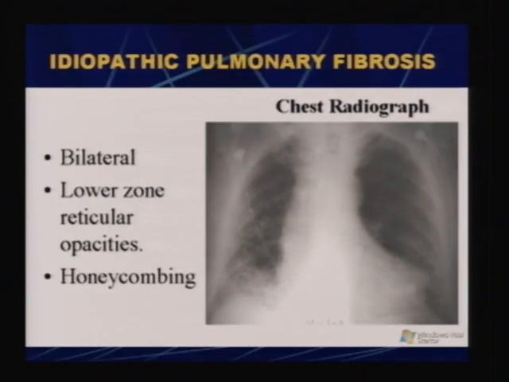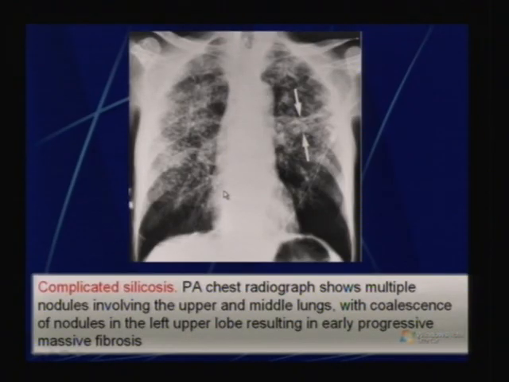So you can see here, this is a patient with idiopathic pulmonary fibrosis. The X-ray shows reticular shadows basically involving both the lungs. Overall, the volume of the lung is reduced, and you may be able to appreciate in some areas some degree of honeycombing. This is another X-ray which shows